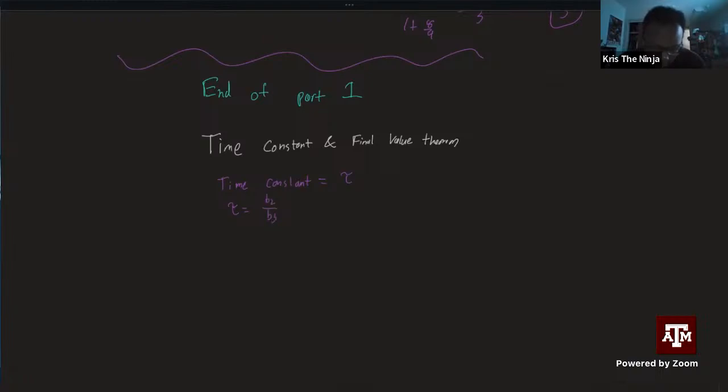And the time constant theorem states you have T of f, this is the final time value, equals b1 over b2s plus b3. That's as simple as I can break it down, but it only applies to a first order